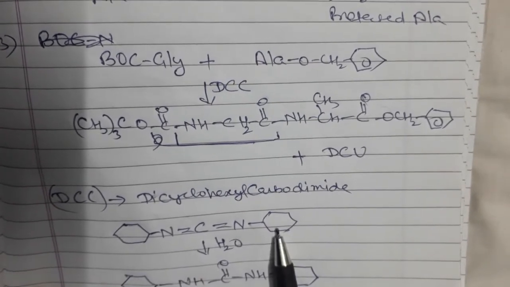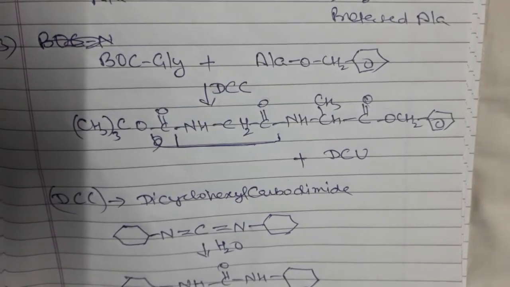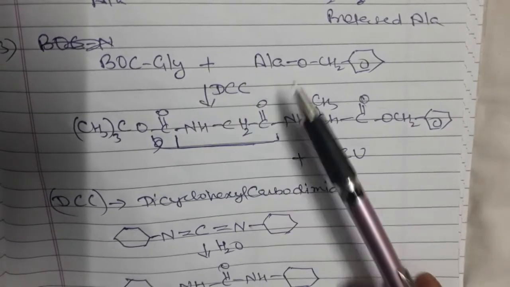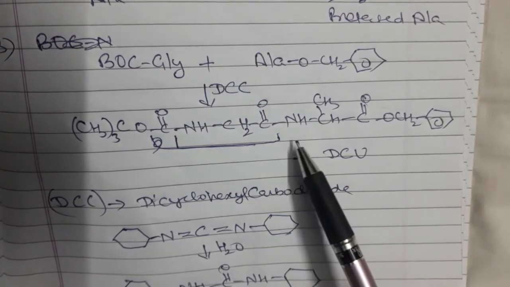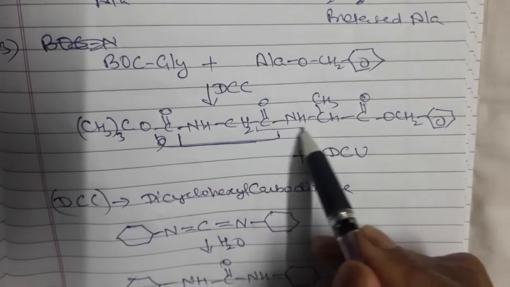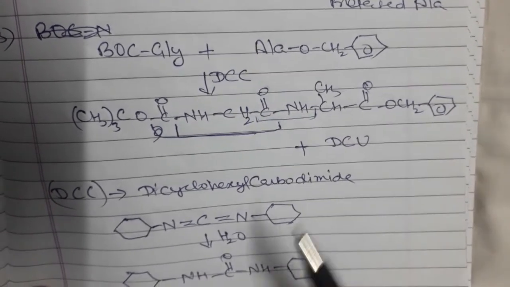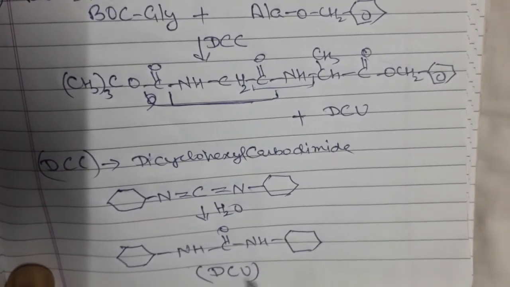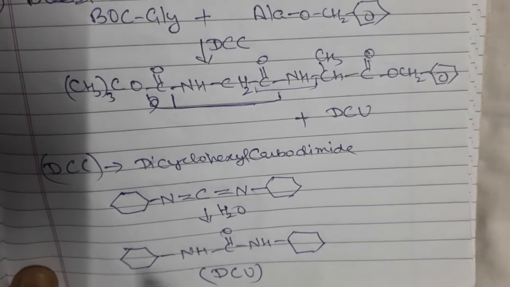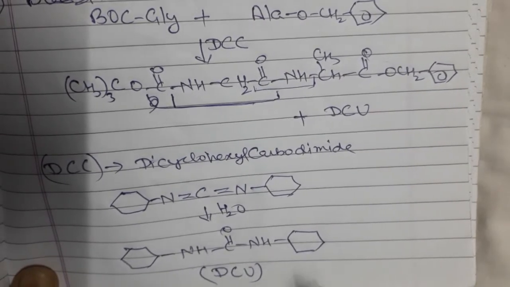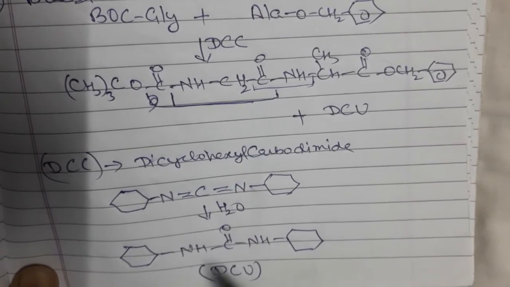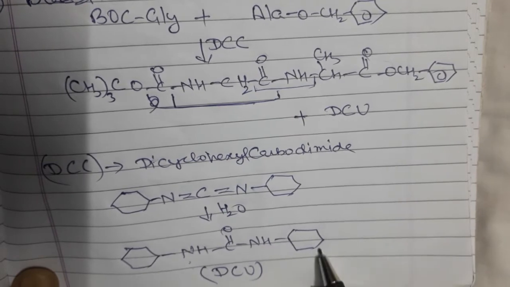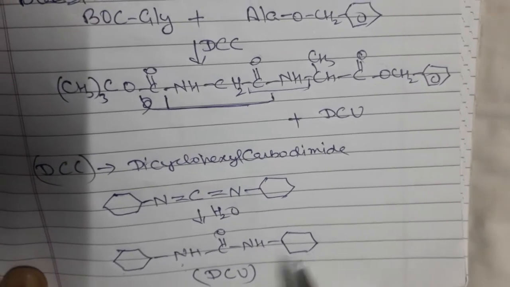This is the solvent taken, and this is the dehydrating agent, because during the peptide bond formation there is loss of water. It is a condensation reaction. So this is the peptide bond. Loss of water is there, and when this water is taken by DCC it is converted into DCU, that is dicyclohexyl urea. So urea is C double bond O, NH2 NH2 on both sides. If both the hydrogens are replaced by cyclohexyl group, we have dicyclohexyl urea.